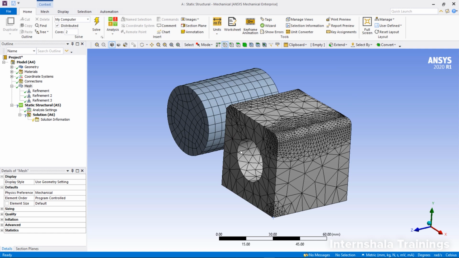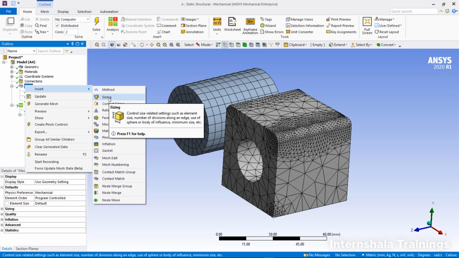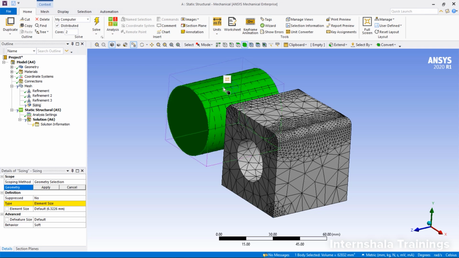Next thing is, if you want to create body sizing, let us say you go to the mesh option. In the global setting options, you can change the element size here, but what will happen if you change the element size here, it will be applied to total bodies. But I don't want to apply it to total bodies, I want to apply it only to this single body. What I will do is, I can right click, say insert sizing, and in the sizing I will select the body. So in order to select the body, I will go to the selection filter, I will select the body option, and now what I will do is I will select this particular body and I will select apply, and